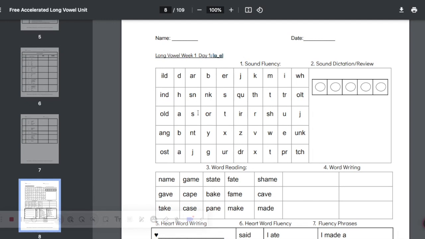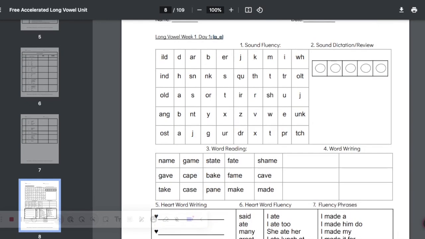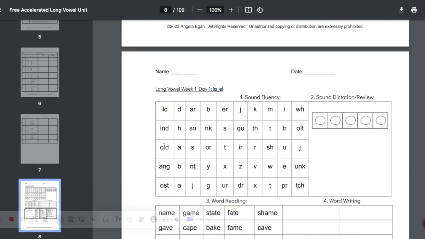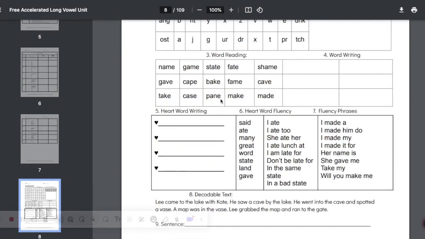It will tell you the pattern. You're explicitly teaching that to them, showing them how to decode that pattern. They're going to get word reading with that pattern, word writing. Then you're going to be practicing those heart words. And so for the heart words for this lesson, you're going to notice as you scroll down,